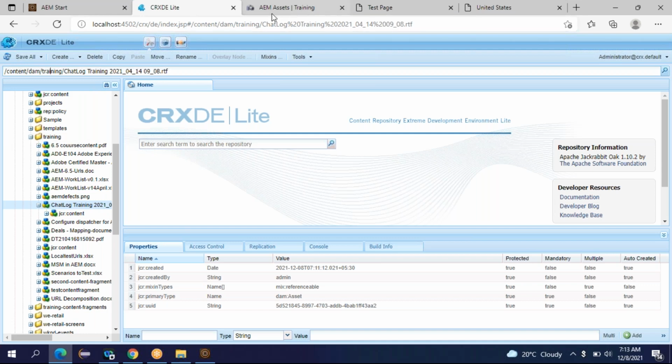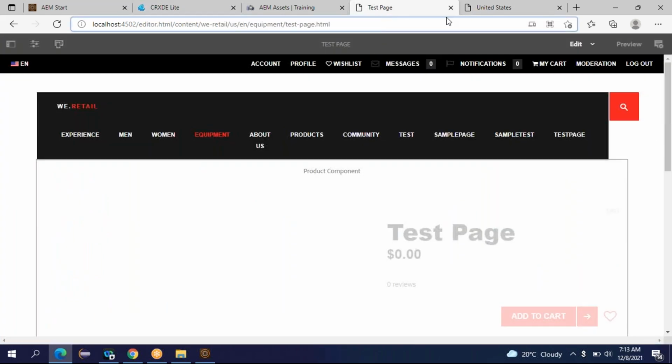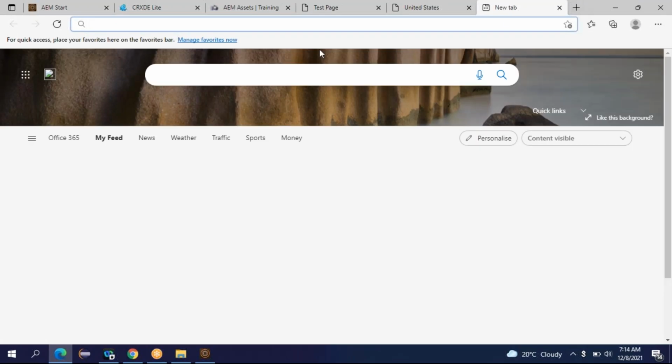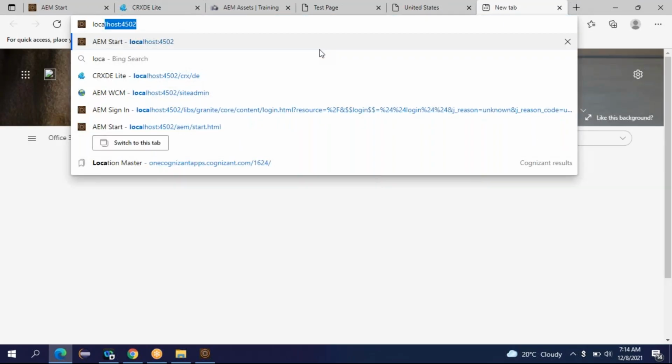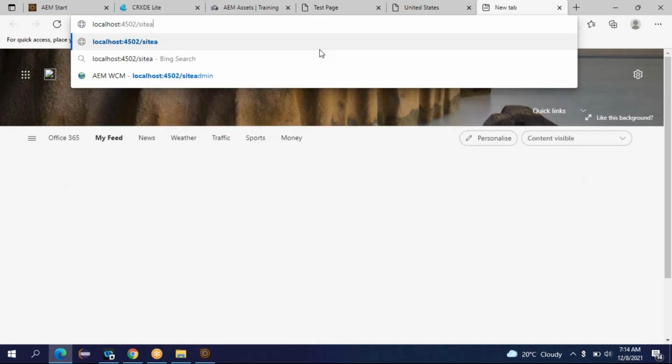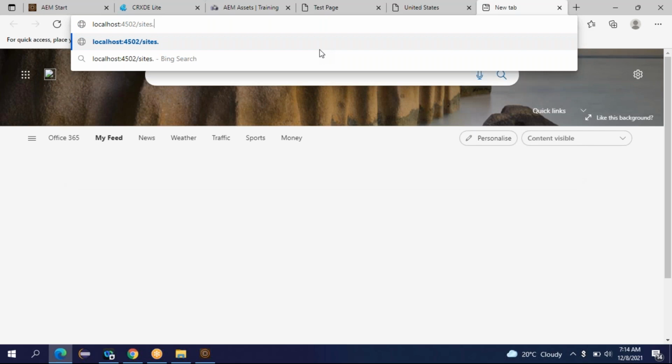Okay. So there is one more console. Localhost colon 4502 slash sites.html.